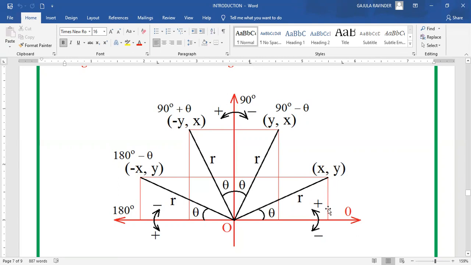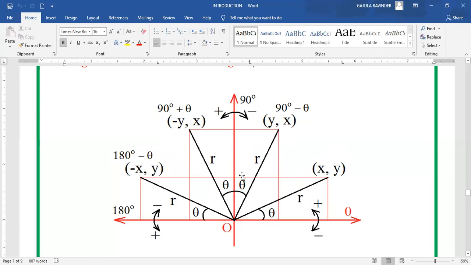Why? Because this distance will be equal to this distance. Why, sir? So this is making the same angle theta and this is also making the same angle theta. Otherwise, these two are inclined at the same angle about this y-axis. Anyway, from the symmetry about the y-axis, when this is the point x comma y, this point will be minus x comma y, my dear friends. When this is the point y comma x, this point will be minus y comma x.